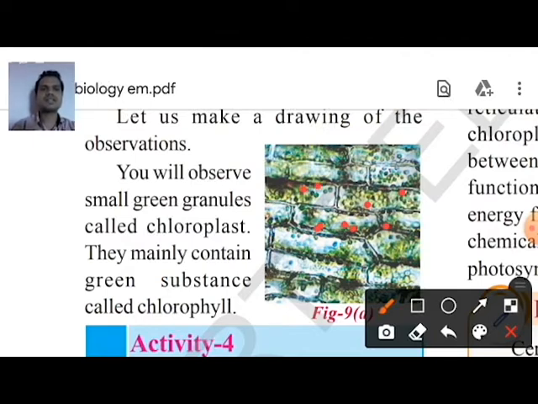Actually the substance that is present inside the chloroplast is chlorophyll. See, chloroplast is different, chlorophyll is different. Chloroplast is a cell organelle. Chlorophyll is a color producing substance. Both are quite different. See, there is a chance of confusing you in your examination by using the same words chloroplast and chlorophyll. So you have to remember that chloroplast is a cell organelle, chlorophyll is a color producing substance.